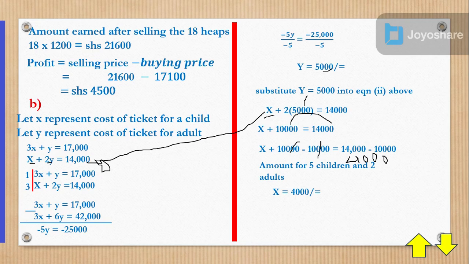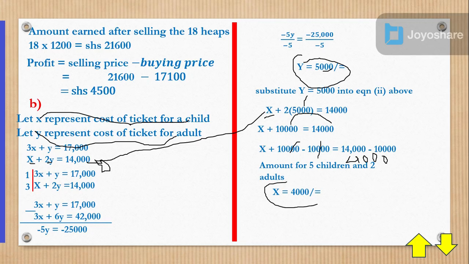So it means that since we say that x represents children and y represents adults, it means that the adults spent 5,000 and the children spent 4,000. I think you can also see this logically, that the children are a bit favored. Let's now proceed to the question,